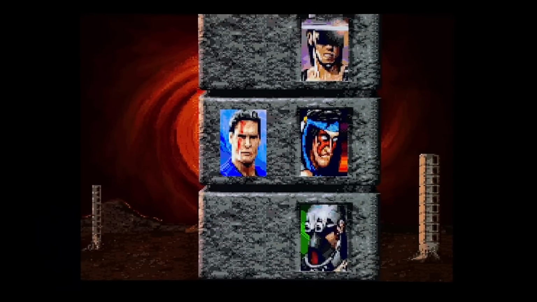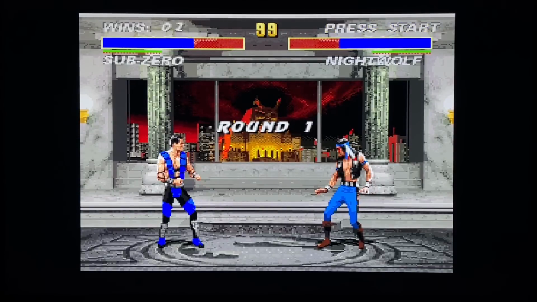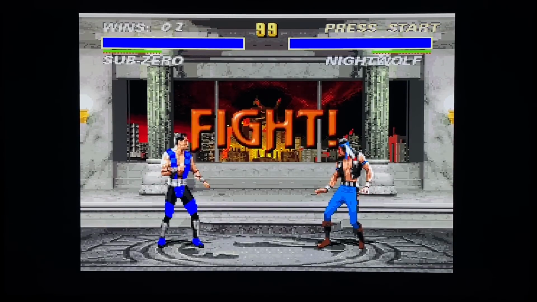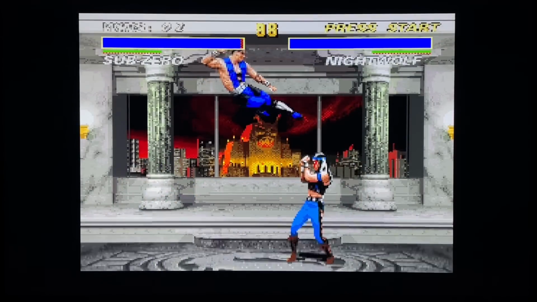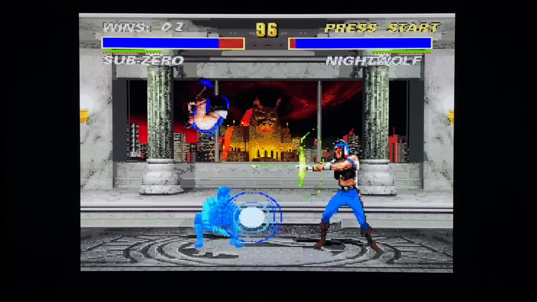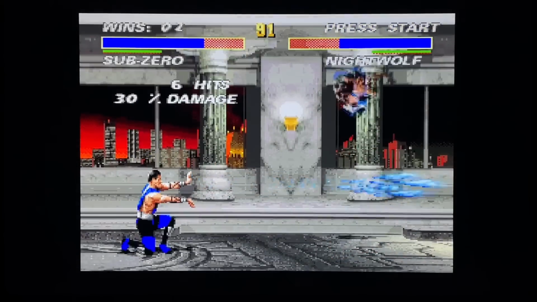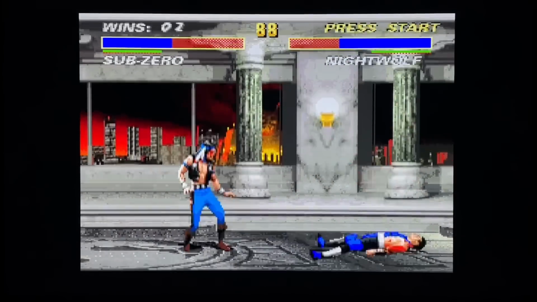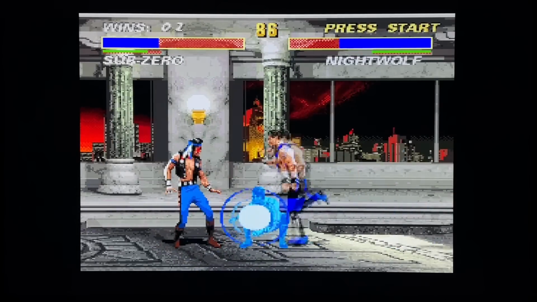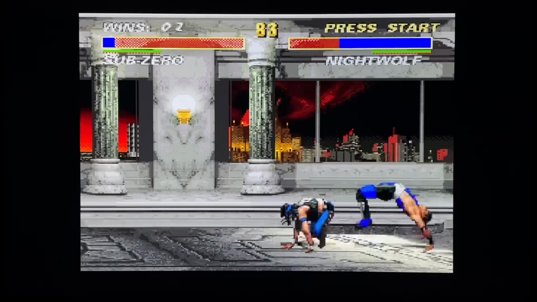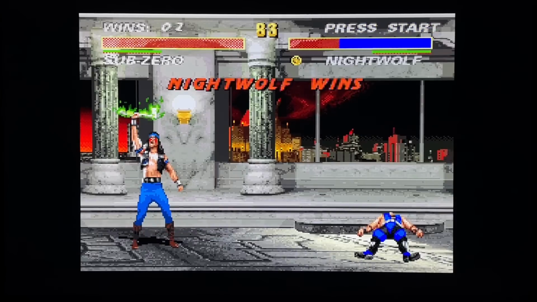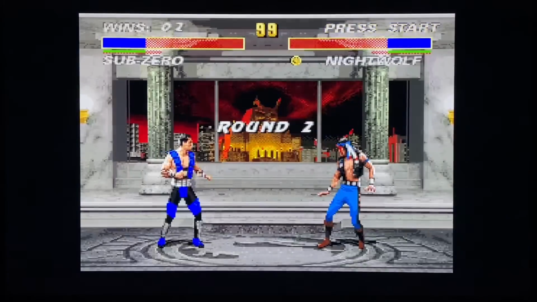All right, how does this game control on the Super Nintendo? Well, the Super Nintendo controller, I thought, even though the layout's a little bit different, I think this game controls very well. Very well. It does what you want it to do. I mean, Jesus, this version's really hard. This is a very easy setting. Super Nintendo's very hard, but